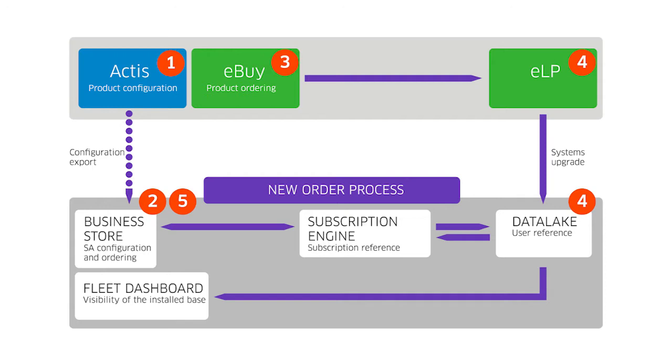Step 4. A background process is activated to update the Alcatel-Lucent enterprise database. This is done through ELP license data lake to calculate all licenses needed depending on the number of users. Step 5. A pre-configured shopping cart will be available in the business store for the business partner to order the